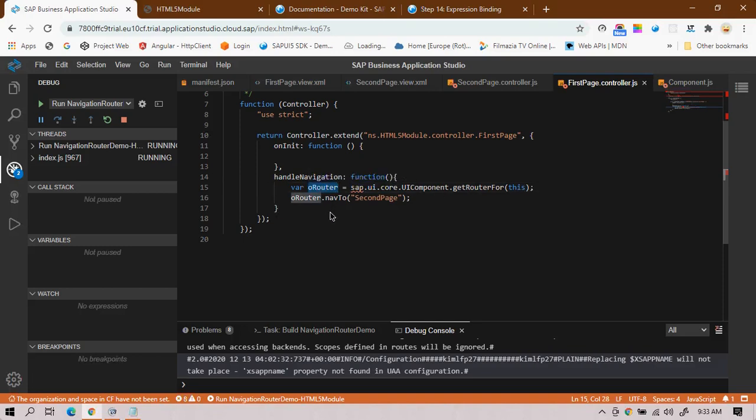Once you get the router, you call the method navTo, and in navTo the first parameter is the page name, which is the value of the name property. Once you pass the name property's value, then your navigation will work perfectly. So that is the simple navigation I've done from the first view to the second view. That's it.